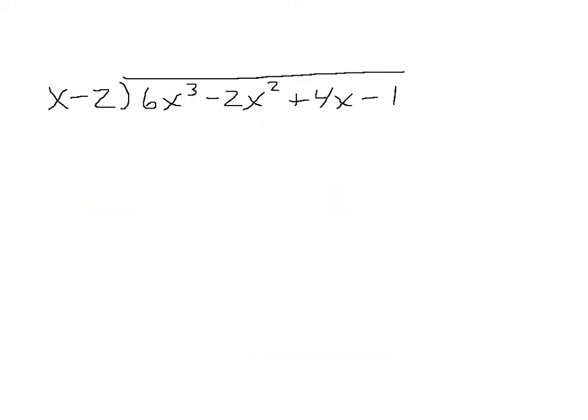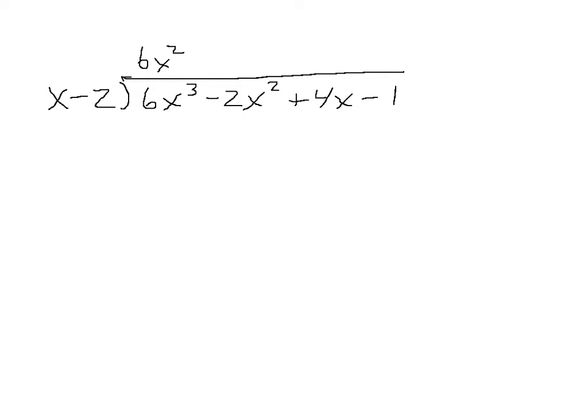Okay, so here's a little bit more realistic type of division problem where we're dividing a 3rd degree polynomial with 4 terms by a binomial. Now, it's a lot like the long division that you learned back when you were in elementary school. And the way we begin is we take the first term here and divide it into the first term here. So if we divide x into 6x cubed, we get